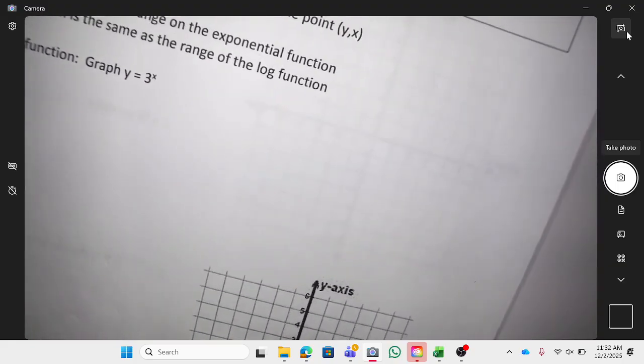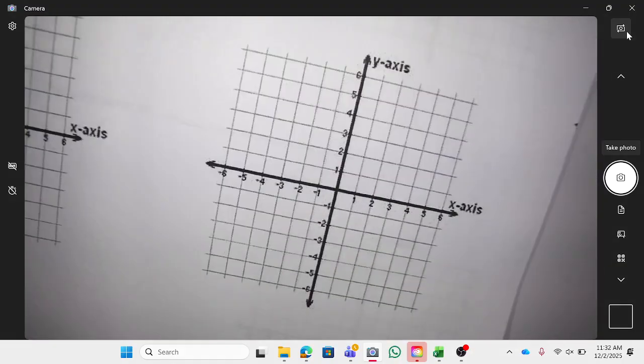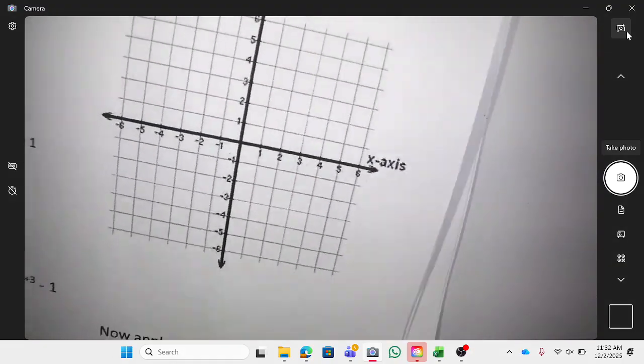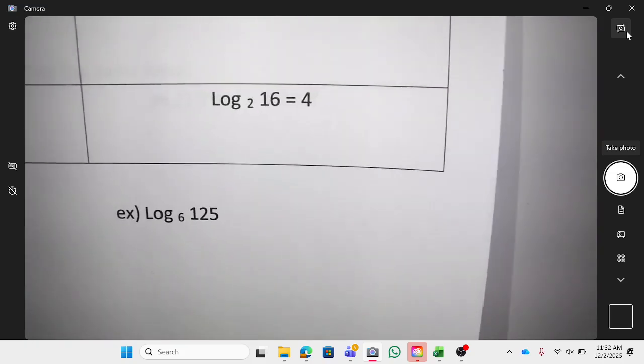Okay, so this is graphing. I'm going to skip graphing for today. I want to jump